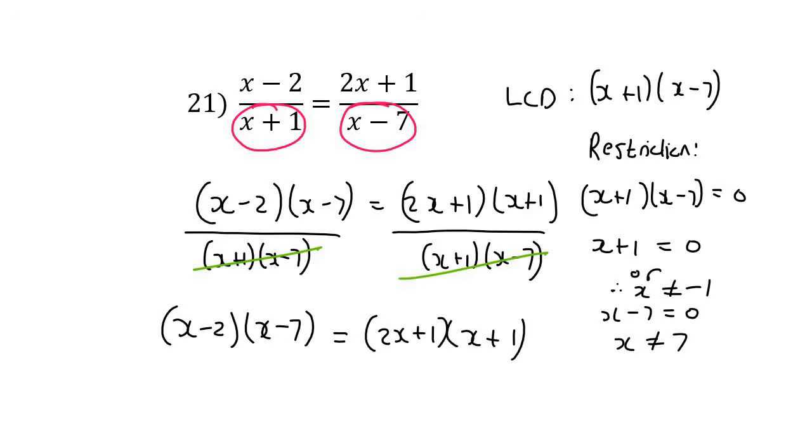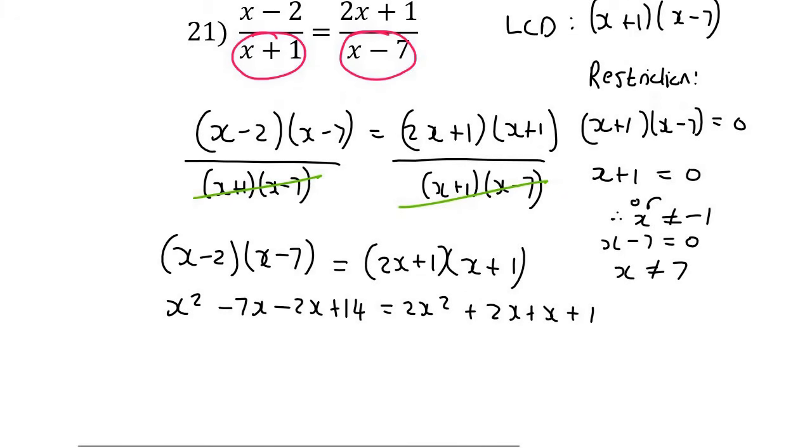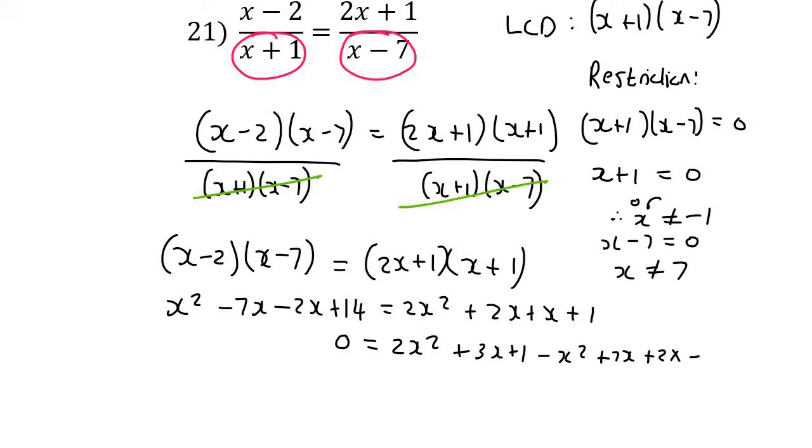Okay, so now we can just multiply out. So that's going to become x squared minus 7x minus 2x plus 14 equals 2x squared plus 2x plus x plus 1. And then we can just take everything to one side. I'm going to go to the right hand side. So you're going to end up with 2x squared plus 3x plus 1 minus x squared plus 7x plus 2x minus 14. And that would eventually give us x squared